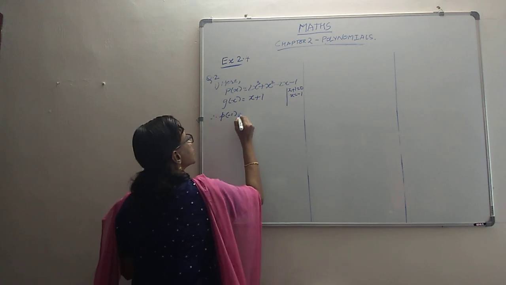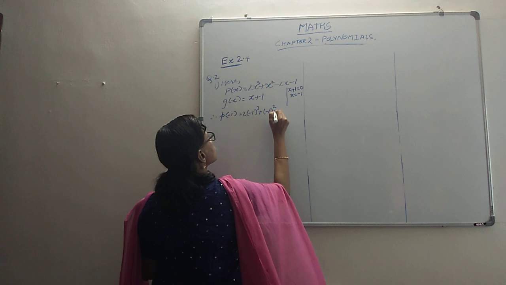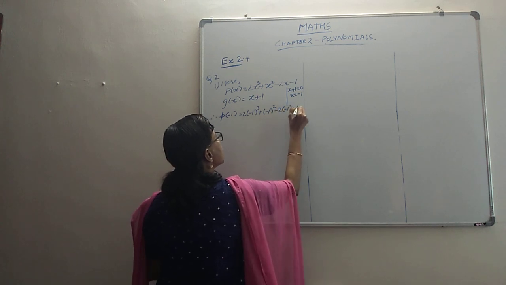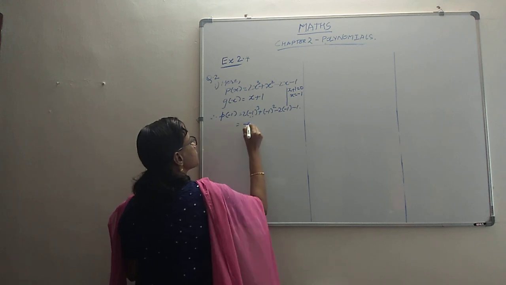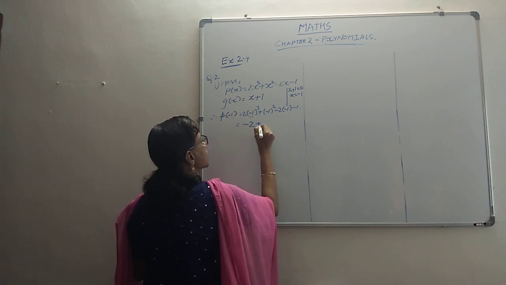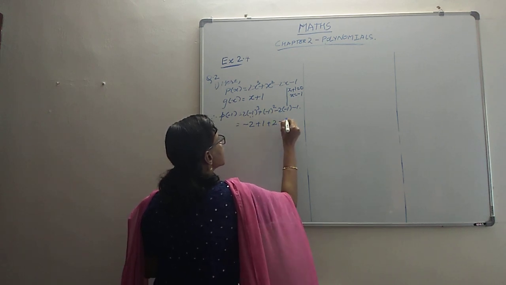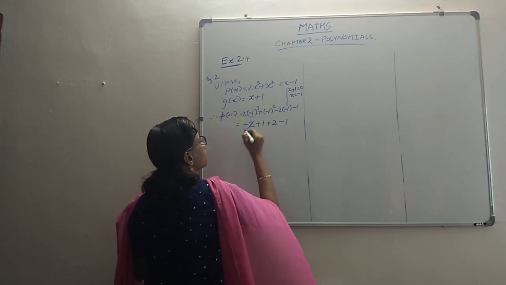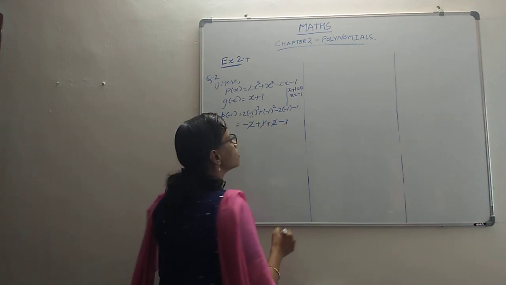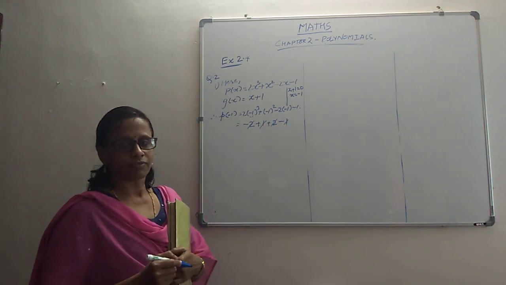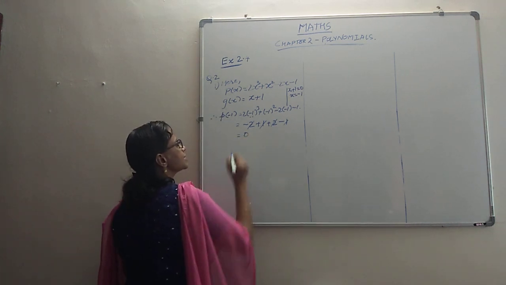You will get the value as 2 into minus 1 raised to 3 plus minus 1 raised to 2 minus 2 into minus 1 minus 1. We all know that minus 1 raised to 3 is minus 1, so this becomes minus 2, this is positive 1, this becomes plus 1, minus into minus is plus, so this becomes plus 2 minus 1. So minus 2 plus 2 cancel each other, negative 1 and positive 1 will cancel each other. So finally we get the answer as 0.